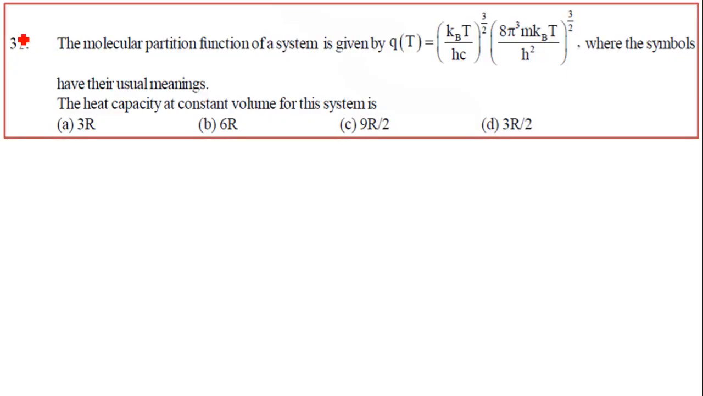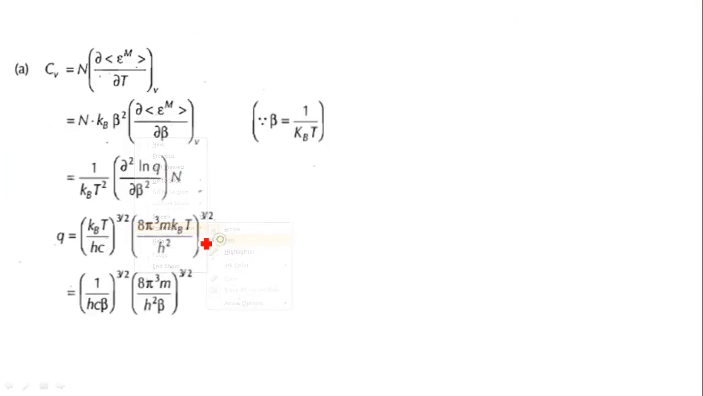Question number 31. A molecular partition function of a system is given, where the symbols have their usual meaning: kB is the Boltzmann constant, T is the temperature, h is the Planck's constant, and m is the mass. The heat capacity at constant volume, that is, you have to calculate the CV value. CV is given as